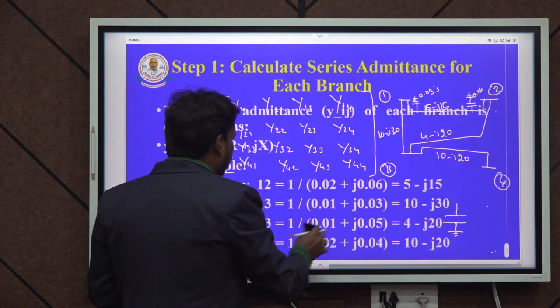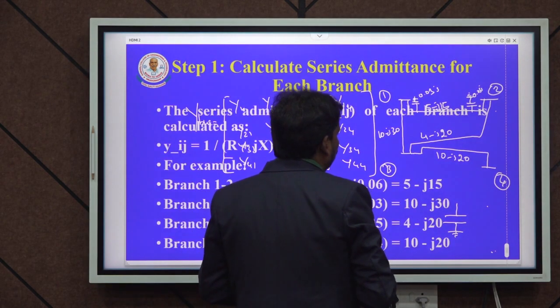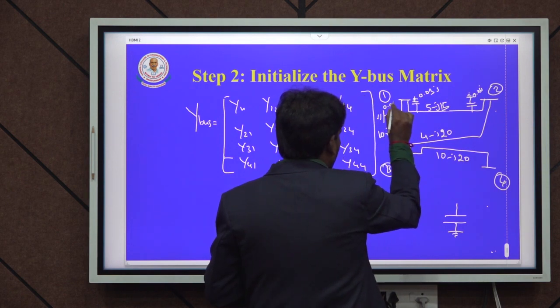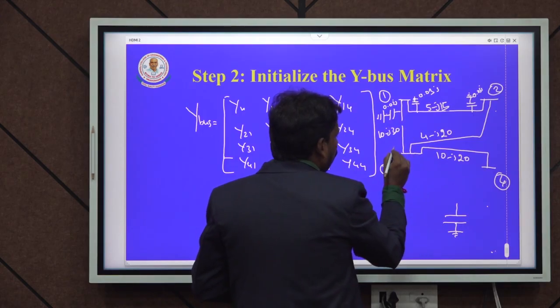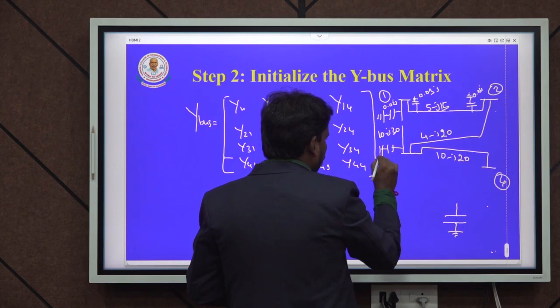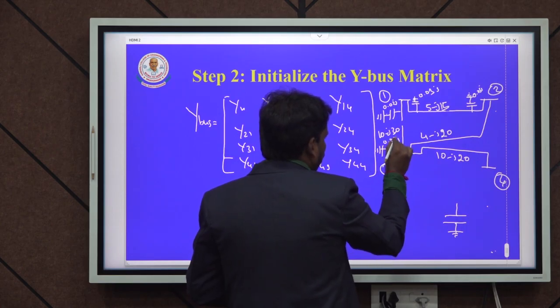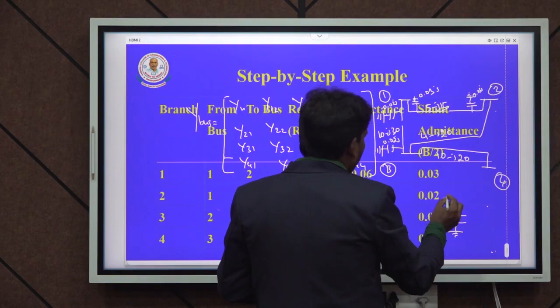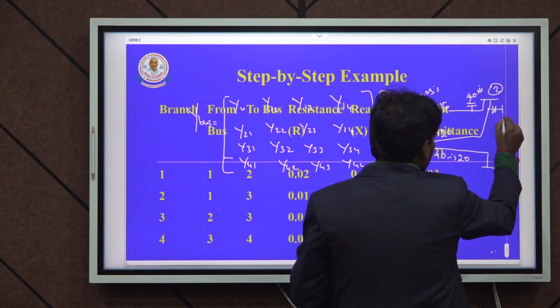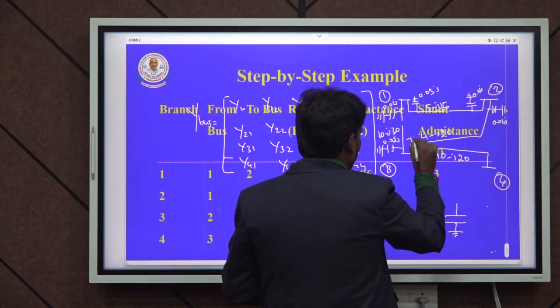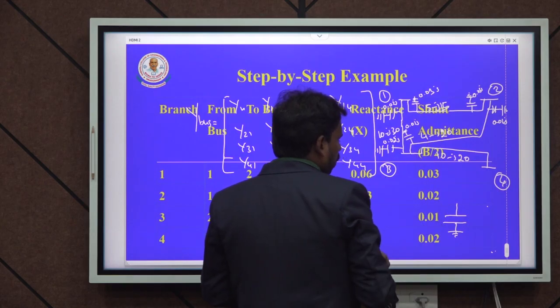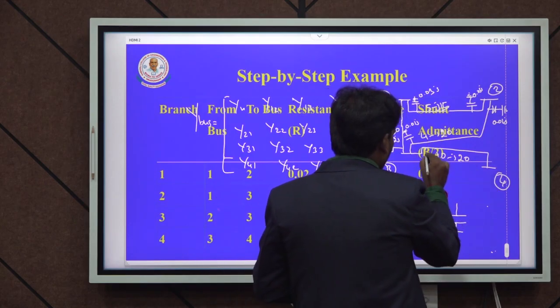In bus 1 there is also another line charging value which is 0.02. So, here I am providing 0.02 j, that is common to bus 3, 0.02 j. And for bus 2 and 3, the value is 0.01 j, here also 0.01 j. Again 3 to 4, 3 to 4 value,